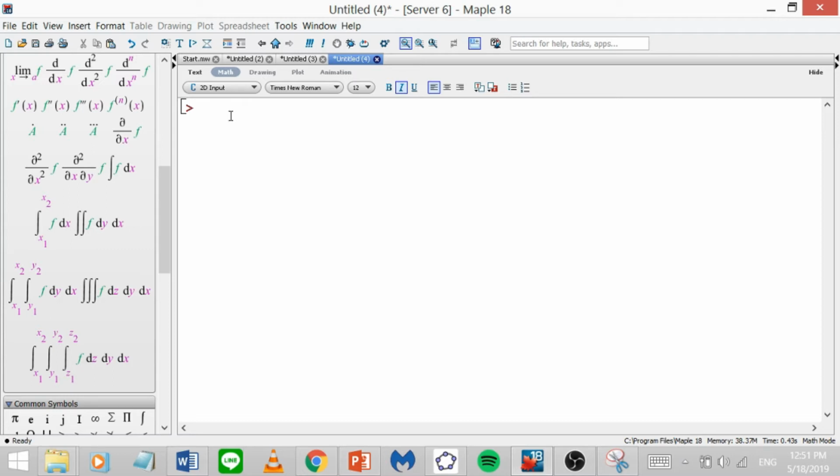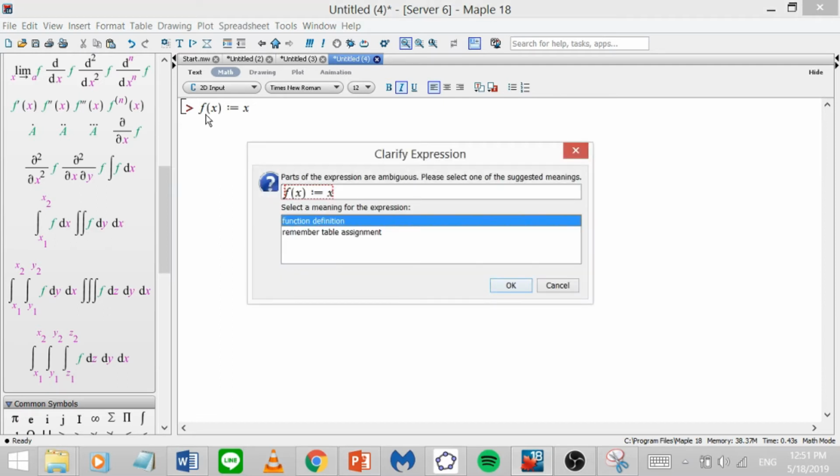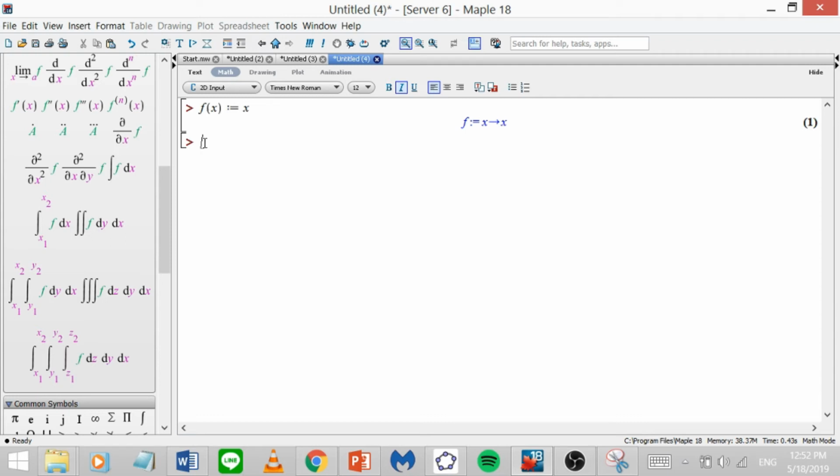So let's say that we have a function f(x) is equal to x. We can put the syntax for the integration method. We type f(x) colon equals x. This is to make the definition of function f(x). Okay, and we can put another syntax. We type int, open bracket, f(x), comma, x. This x means that we integrate this function by variable x. Enter, and it will be like this: